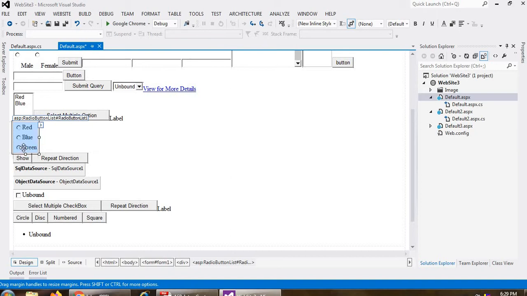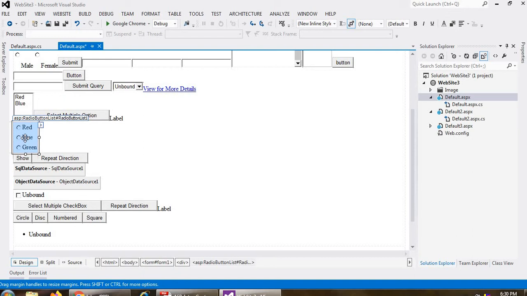If I want to display all the things in my label, this is my label, and inside the label I want to display the selected index, which index you have selected, and which value you have selected, right? And Repeat Direction, right now my list is displaying in a vertical manner.